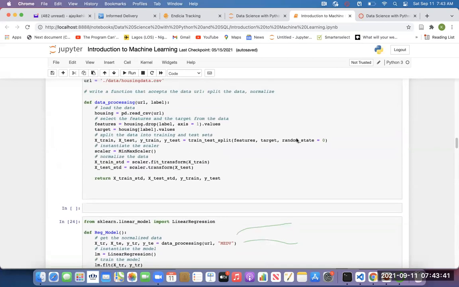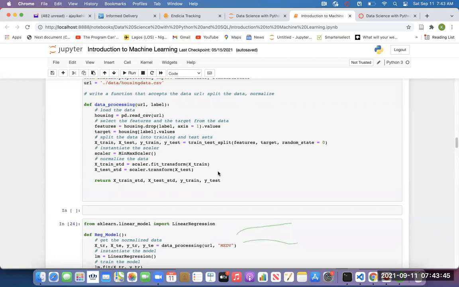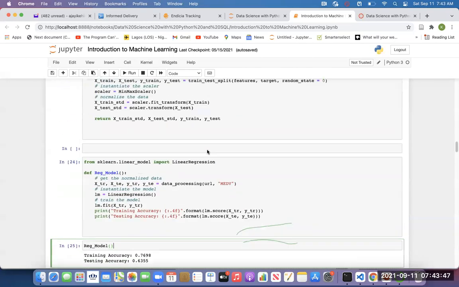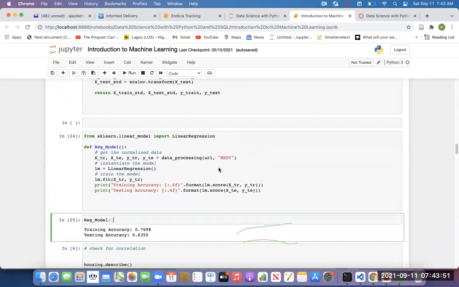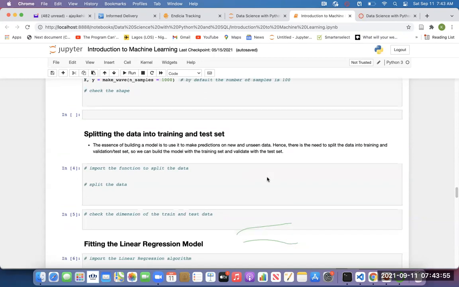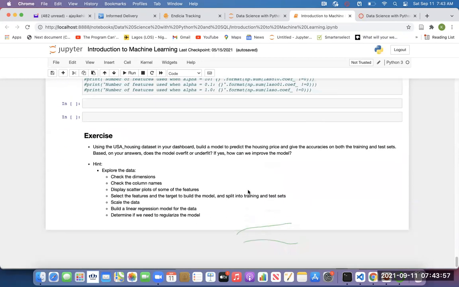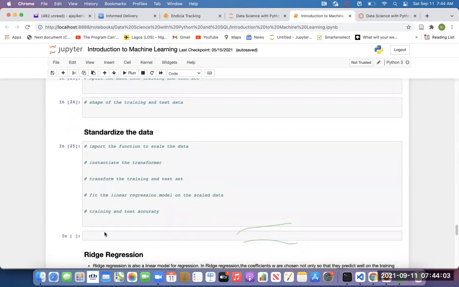If you look at the two functions that you defined, one function to process the data and the other to build the model, is it clear to everybody? Yes, sir. All right, next week we'll go further and be able to do all of these exercises. I will re-explain some concepts.